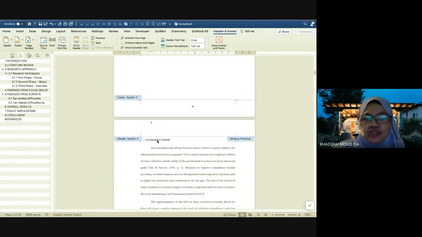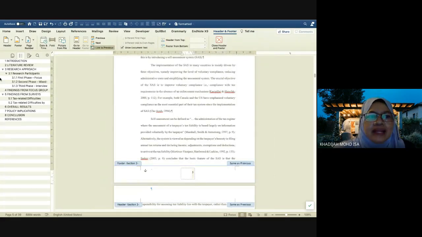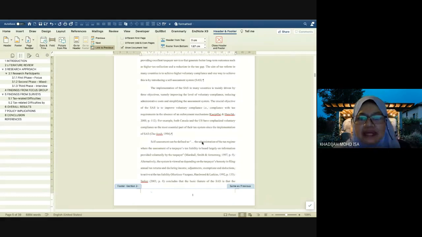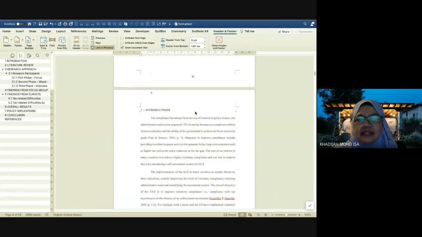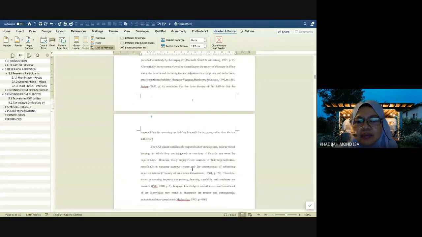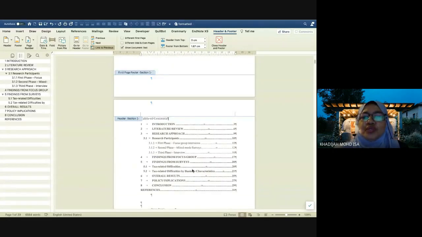What about my introduction here? I can format it again. Because now this is the second section. Second section, page number, format page number, 1, 2, 3, all right, and then you start at 1. Okay. So you can see here is Roman number because that is section 1. Section 2 starts with Arabic numbers, number 1, number 2 onwards. Okay? So that's how you do sections in your